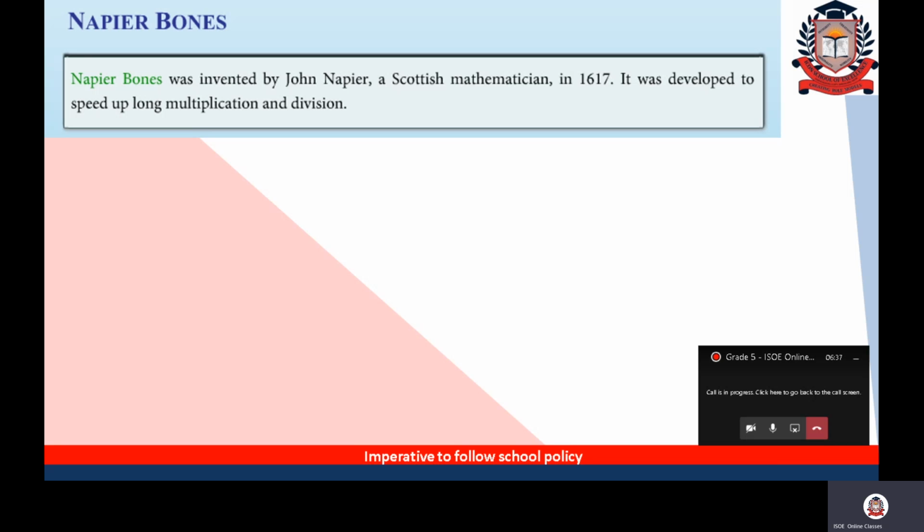Before that, what had the abacus done? It is a basic instrument for addition and subtraction. But we went a little further, and they found a way to speed up multiplication and division. Okay, if I say 216 multiplied by 120, you might not be able to do it, correct? So they used this to speed up long multiplication. It will be a little faster.